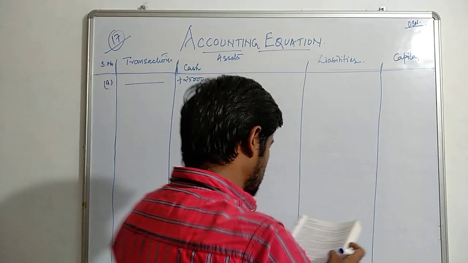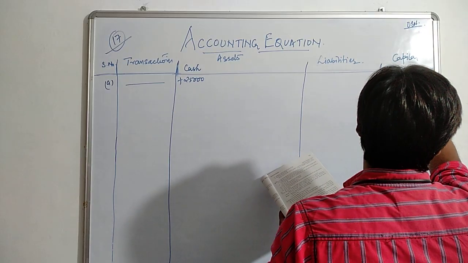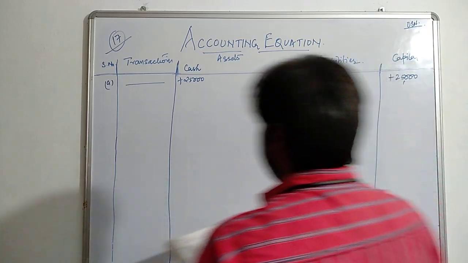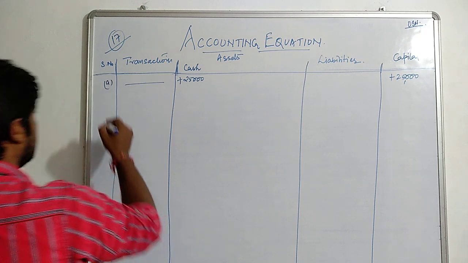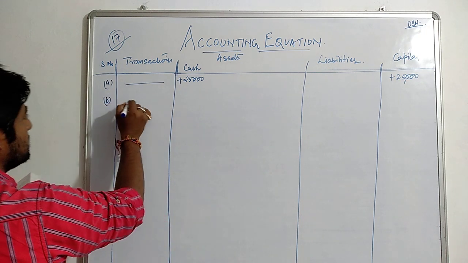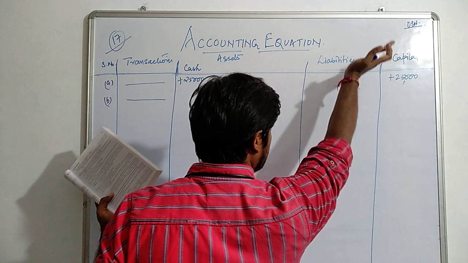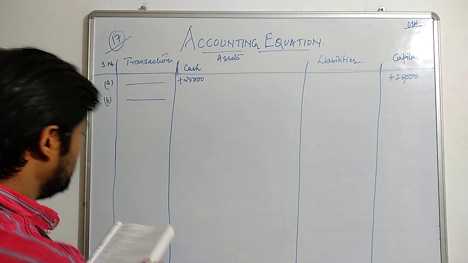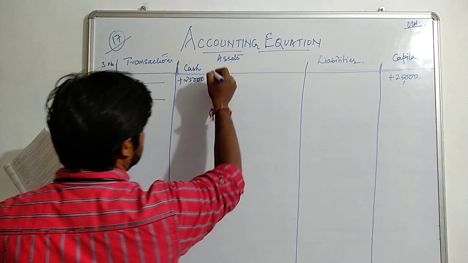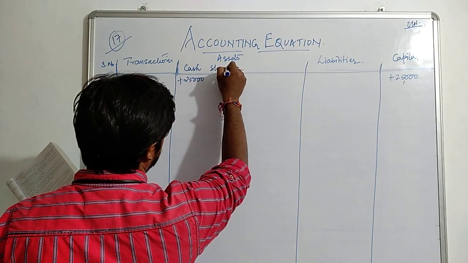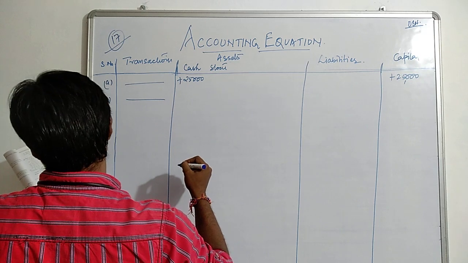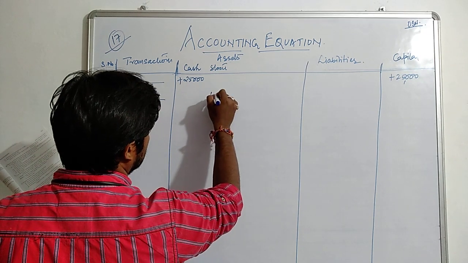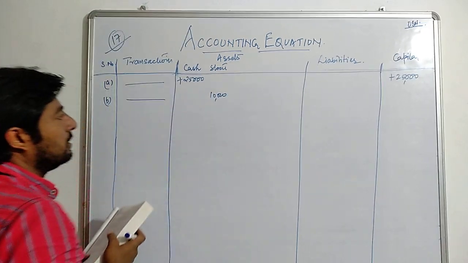So we increase the level of cash by 25,000. And we increase the capital also by 25,000, because you all know that capital is an internal liability for business, and at the time of closure you have to repay, so your liability is increasing. Now purchase goods from Shyam rupees 10,000. What is coming into the business? Stock, right? How much? 10,000. So this is the level of stock, 10,000.